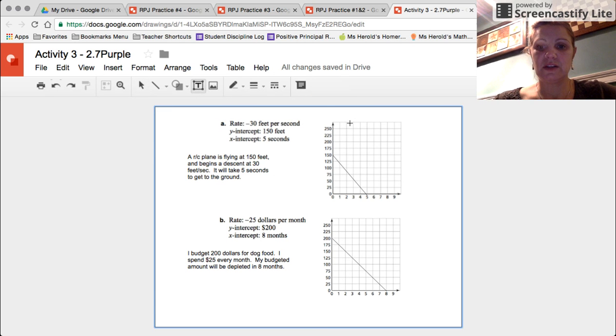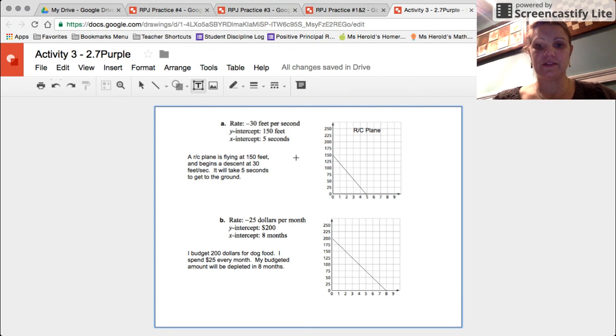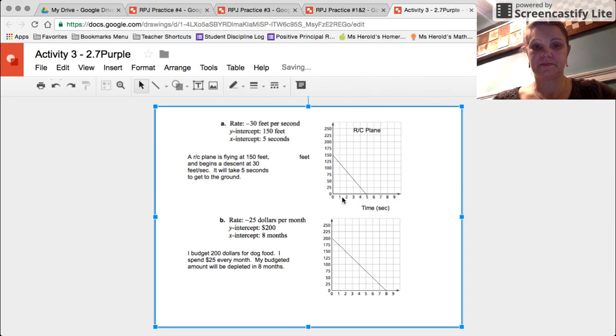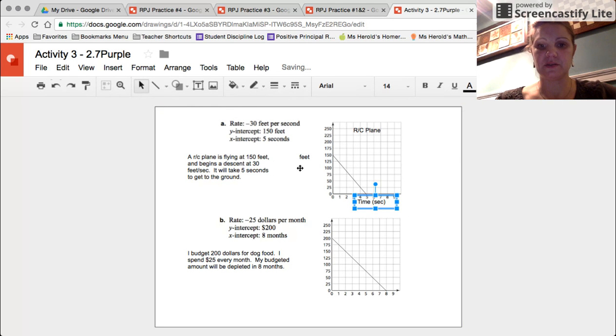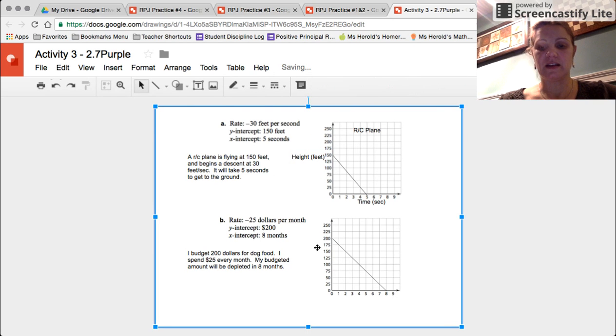But don't forget too, each one of your graphs should have a title. So this is the RC plane. And it should have labels on the axes. This one's feet. And this one down here is time in seconds. I actually didn't do a good job. This one should have been something in feet, so height in feet. So we've got to make sure we've got good labels on everything. And just for time's sake, I'm just not going to finish that one, but you know what I'm talking